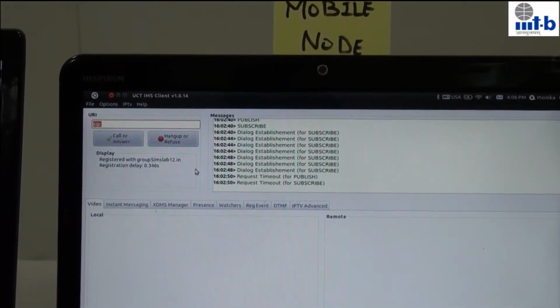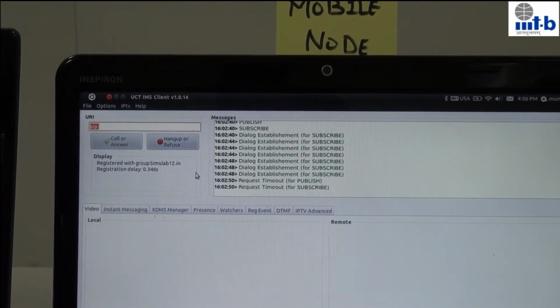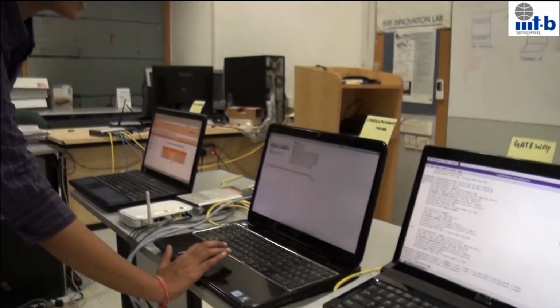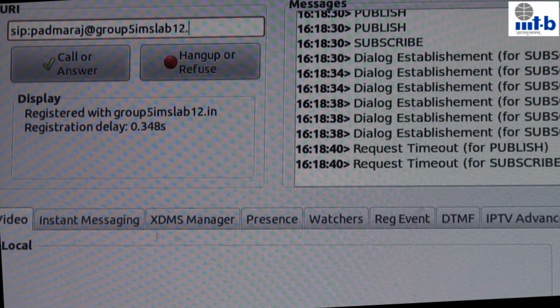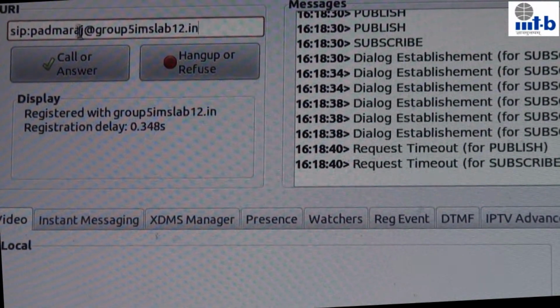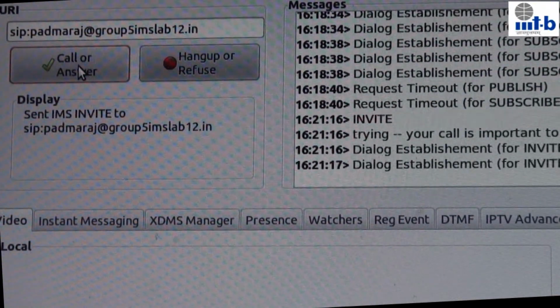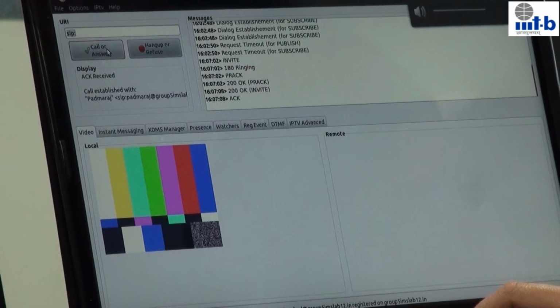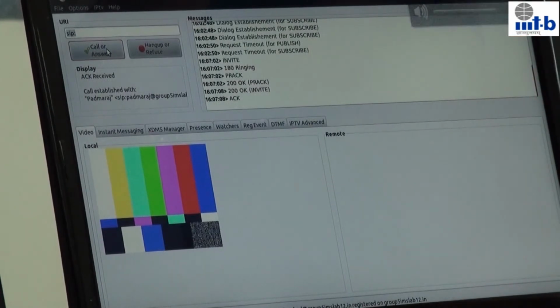Now let's see how the call setup happens between Padmaraj and Harshad. Padmaraj is making the call. The address is SIP Harshad at Group 7 IMS Lab 12.in. This is the destination's address, and I'm making a call. We are receiving a call now. I have put my speaker down, so Harshad's speaker is on.